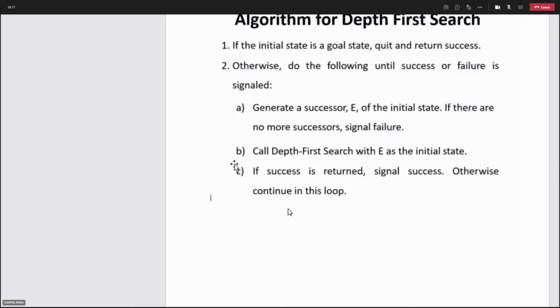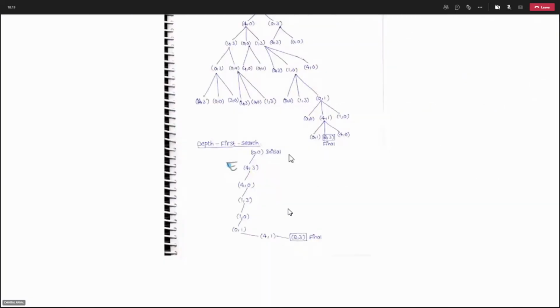So calling depth first search, again we are calling. Now we need to consider this as our initial state and generate a successor. Okay, I have generated a successor E over here. Check, is it a goal state or not? No, it is not a goal state. Then what we can do is find the number of rules which are applicable to it. We have examined this, and 3 rules are applicable to this particular state. Now I need to choose only one rule and then apply it over here.